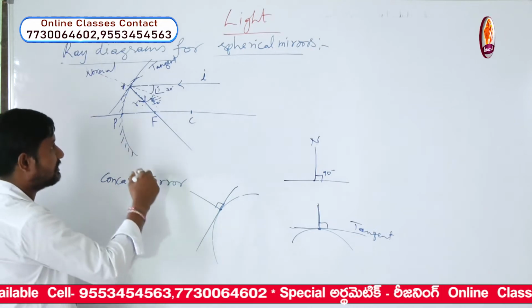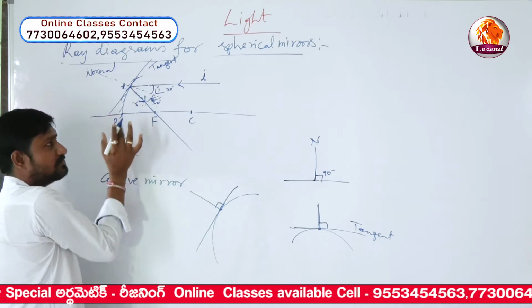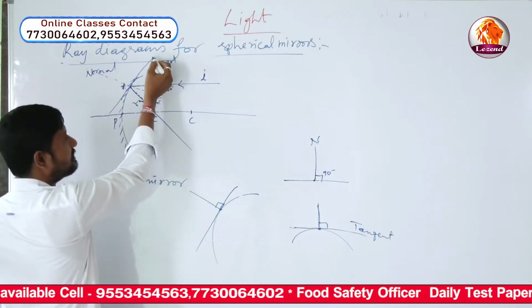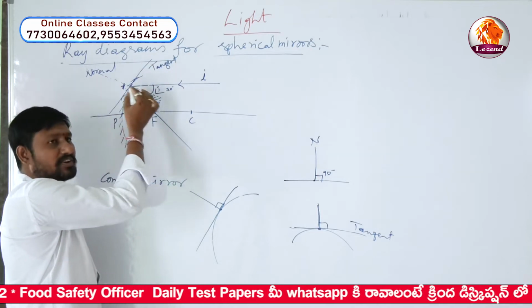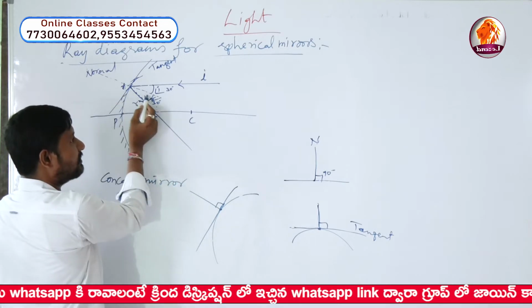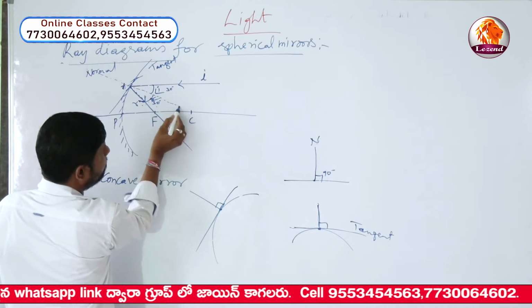So the second method, let us see now. The second method is in the same figure only, just observe carefully. Here I have drawn the normal with respect to the tangent, as I said to you. But without drawing the tangent also we can draw the normal. How to draw? Already the normal we have drawn with respect to the tangent. That normal only I am extending.